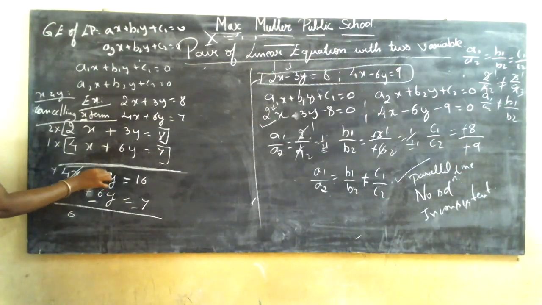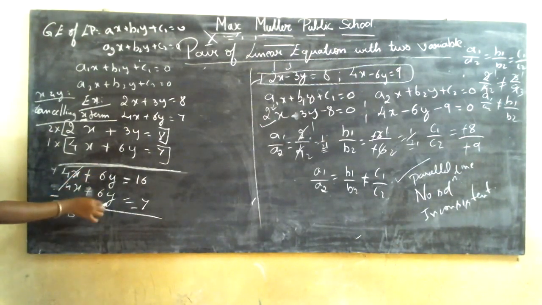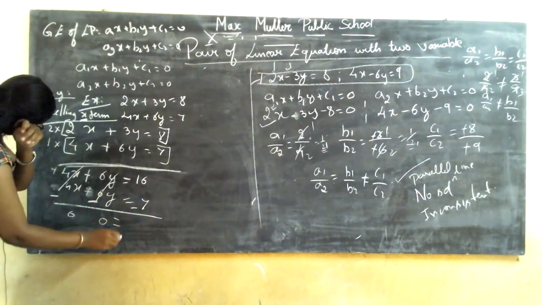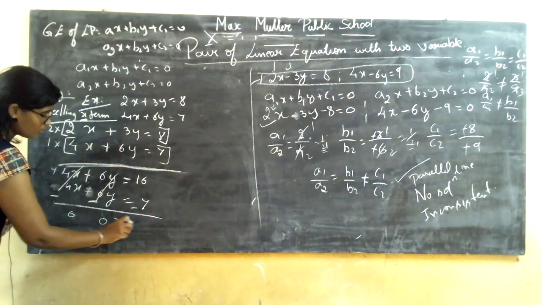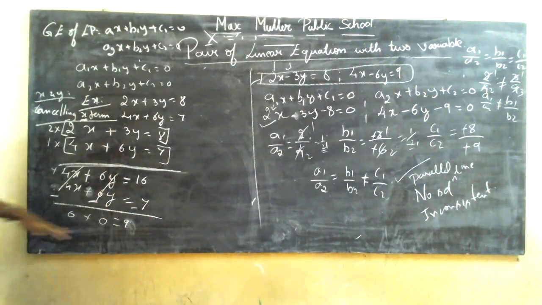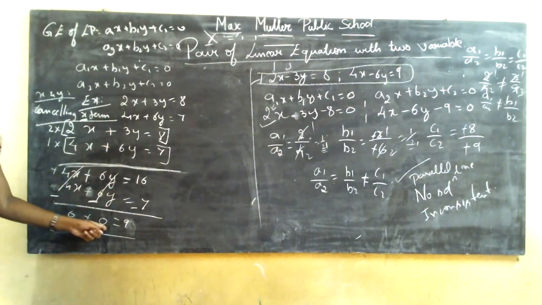So here also it is plus 6 and minus 6. Plus 6 and minus 6 also get cancelled. Here it is 16 minus 7. What is 16 minus 7? You get 7. Sorry. Yeah. So it is 9. Clear? Now you do not have any term here. Here the x term is not there, and the y term is also not there.